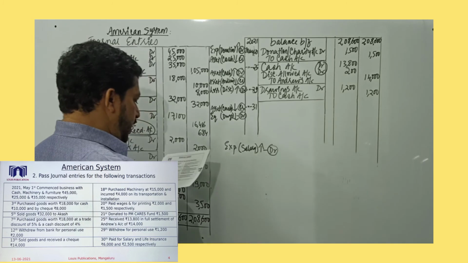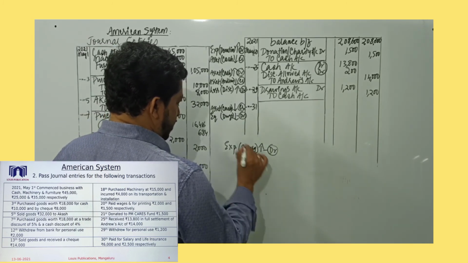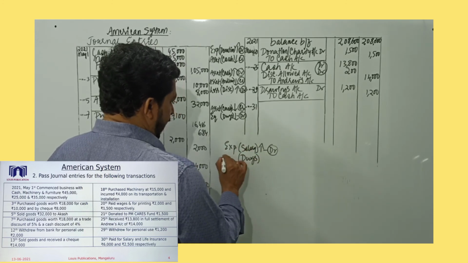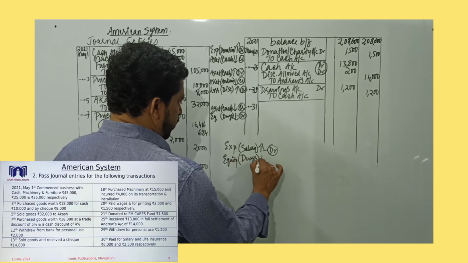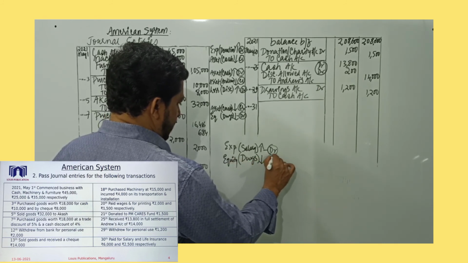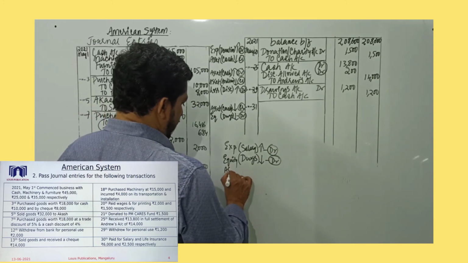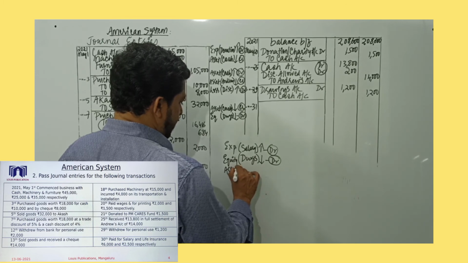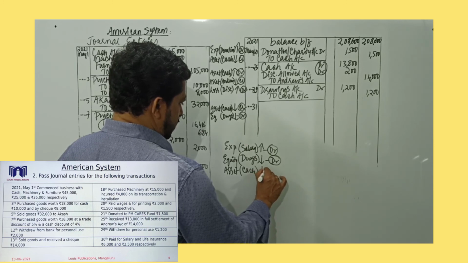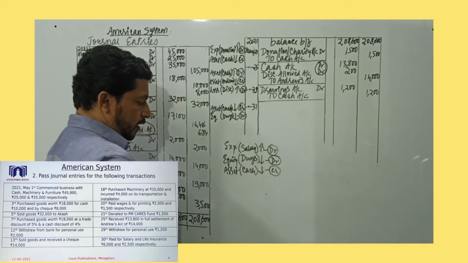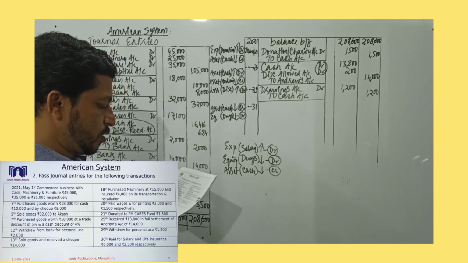Then we have life insurance. The name of the account will be drawings because it is on the life of the businessman and it is relating to equity, remember. So equity value is going to decrease. Equity decreases means it's a debit. Capital decreases is a debit. And paid is given, so the element affected is asset, account is cash, and asset value also decreases. It's a credit, because life insurance as well as salary is paid in cash mode.